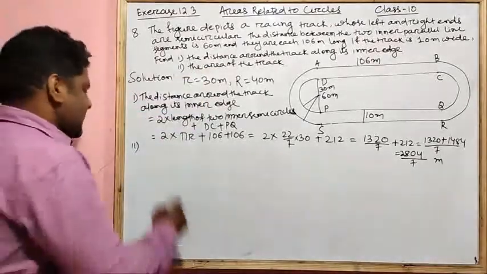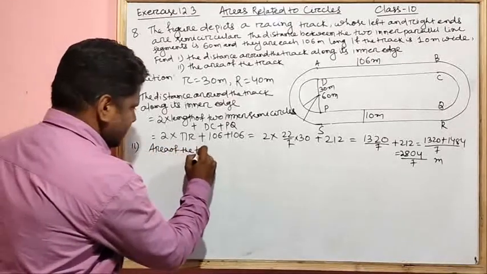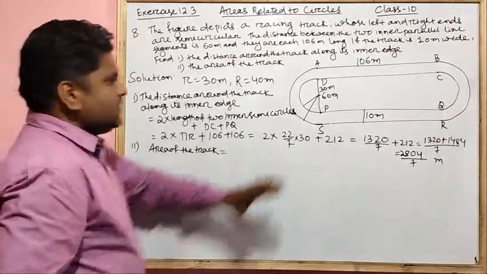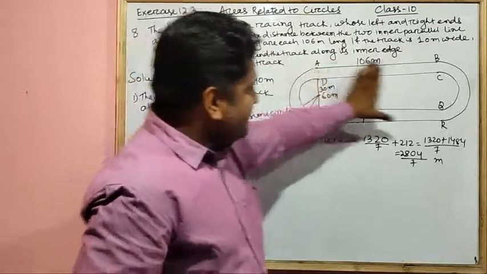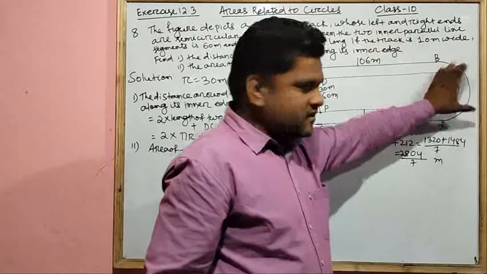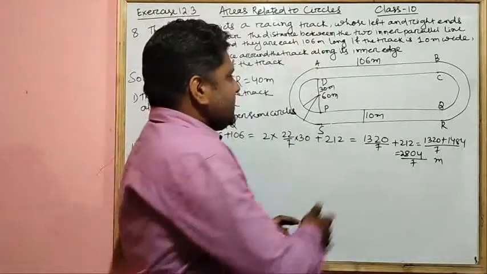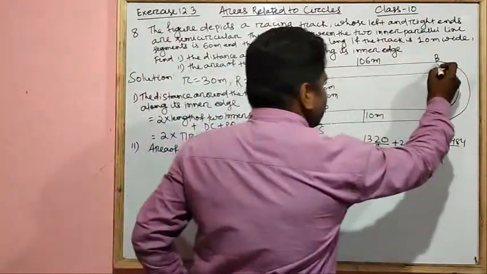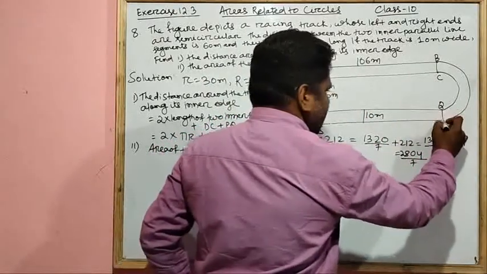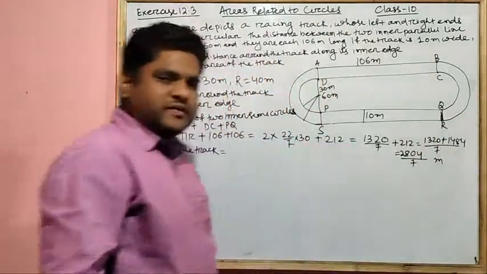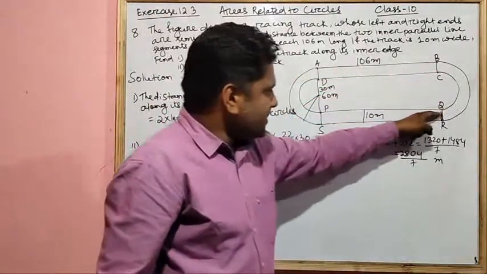Now the second bit, we have to find the area of the track. See here, the total track contains, on this side, a half of a ring. This one is also half of a ring, because this one is semicircular and this is semicircular. Then this one A, B, C, D will be a rectangle. If we join this, P, Q, R, S will be another rectangle, and both rectangles will be of the same area. So this is a semicircle, this is a rectangle, this is another semicircle, and this is a rectangle.